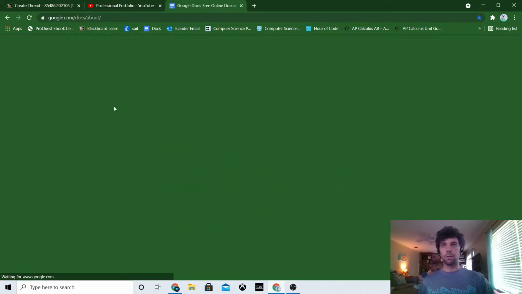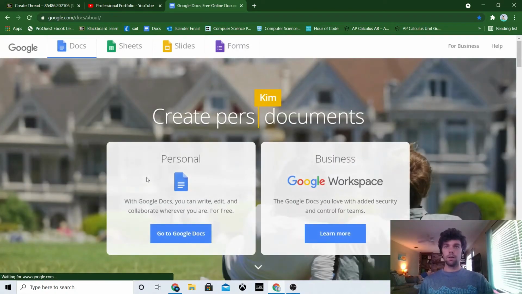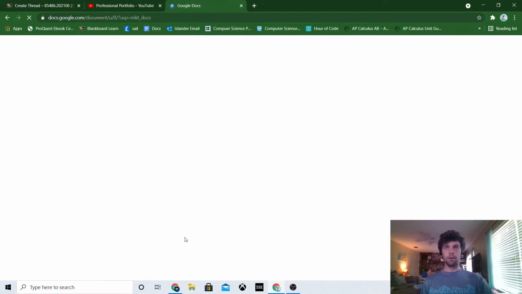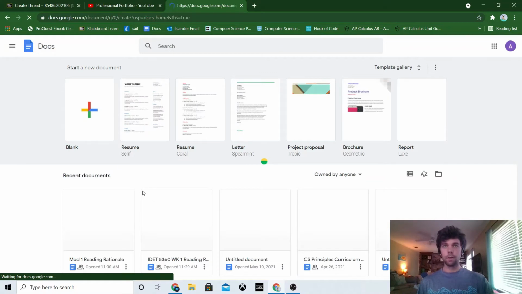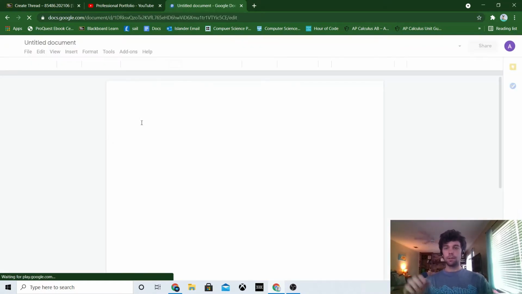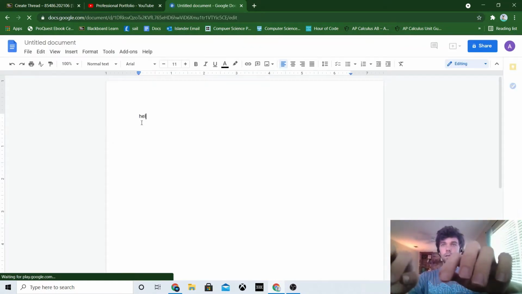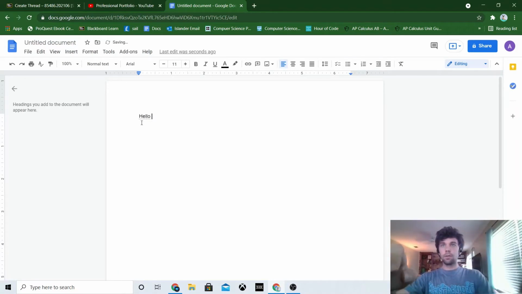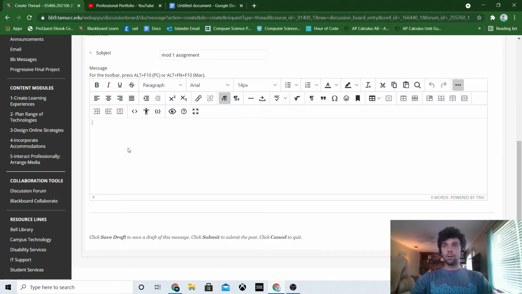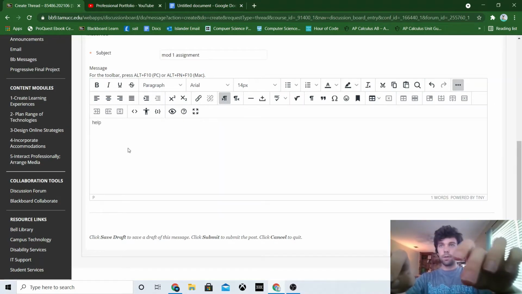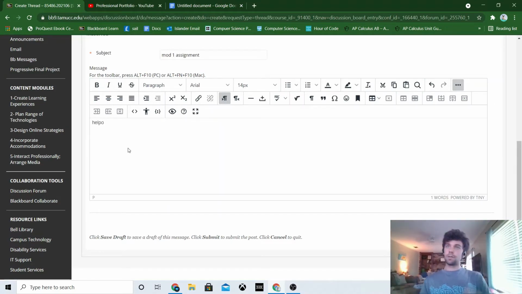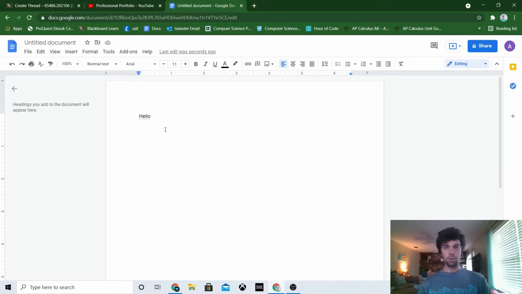say Google Docs, for instance, and we can type something out in Google Docs. In Google Docs it's a little bit easier because it will automatically autocorrect for you from "helpo" to "hello", whereas in the create a thread, if you type "helpo" for some reason, it's not going to fix itself. So the best way to do this is to do it in Google Docs or, say, a Word document, then